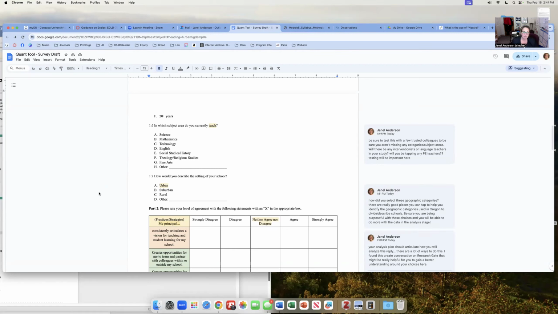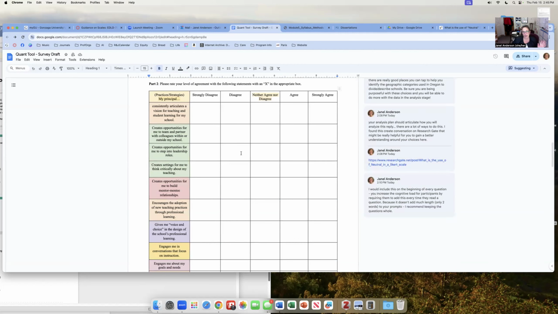Okay. The last big thing I want to talk about, that I think this student has really offered you guys some great insights into, and I'm going to be giving you some of the links that I have provided here in these comments, is that the choice of Likert scale is very, very important. When you are including a 5-point Likert scale, a 7-point Likert scale, a 4-point Likert scale, all of those things will have